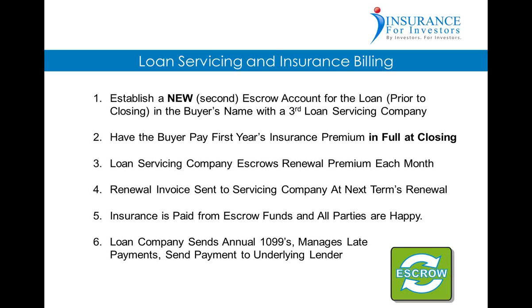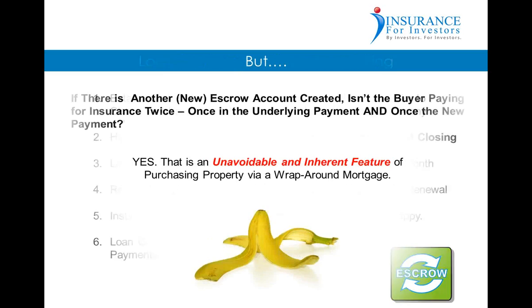The loan service company also sends out the annual 1099s, manages late payments, plays bad cop, sends payments to the underlying lender, and maintains all documentation. However, this is only done in about 40% of the transactions that we experience. Most times people try to handle the loans themselves. They're not equipped to. They don't track payments. They don't think of setting up insurance escrow accounts. They just assume that it's going to be paid by their underlying mortgagee. They don't think about what's going to happen at renewal. All of this is just assumed, that the stars are going to align and the world's going to work perfectly because they want it to, and that it's never going to be a problem. Unfortunately, it's always a problem.